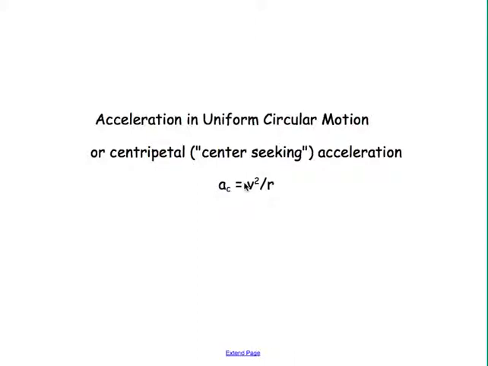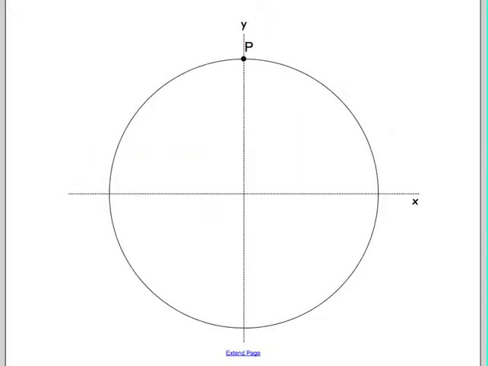Here we're going to derive the formula for centripetal acceleration, the infamous v squared over r, using just the definition of acceleration. So what we're going to do is start out with a circle, and put a point P at the top of the circle. And what we're going to find is the acceleration at point P,